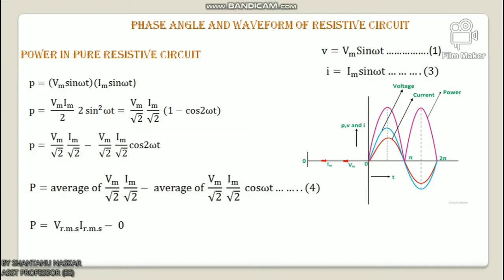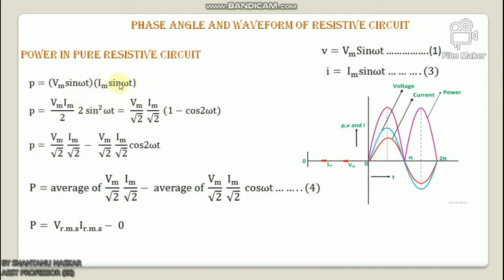for all the values of current and voltage. As in a DC supply circuit, the product of voltage and current is known as the power in the circuit. Similarly, the power is the same in the AC circuit also. The only difference is that in the AC circuit, the instantaneous values of voltage and current are taken into consideration. Therefore, the instantaneous power in a purely resistive circuit is given by this equation.